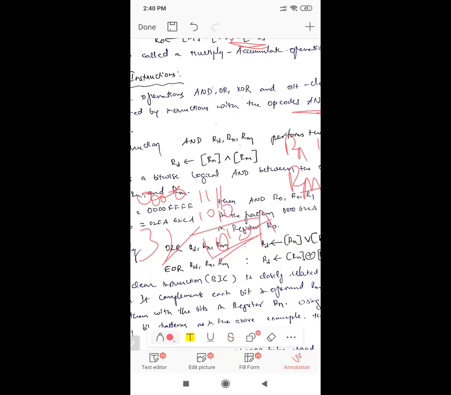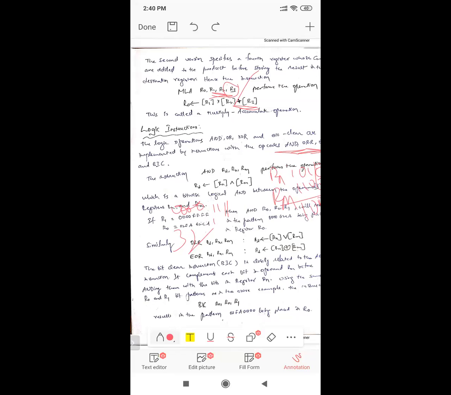That is, if it is A we will get A, if C we get C, 2 gives 2, 6 gives 6. If it is 0, all zeros, and A is 1010, the result becomes all zeros, that is 0. That means if F is there, the same number is obtained after the AND operation. If 0 is there, then all bits are 0. That's why the AND operation of R1 and R2 gives the result 0006 2 CA, which is transferred to the R0 register.